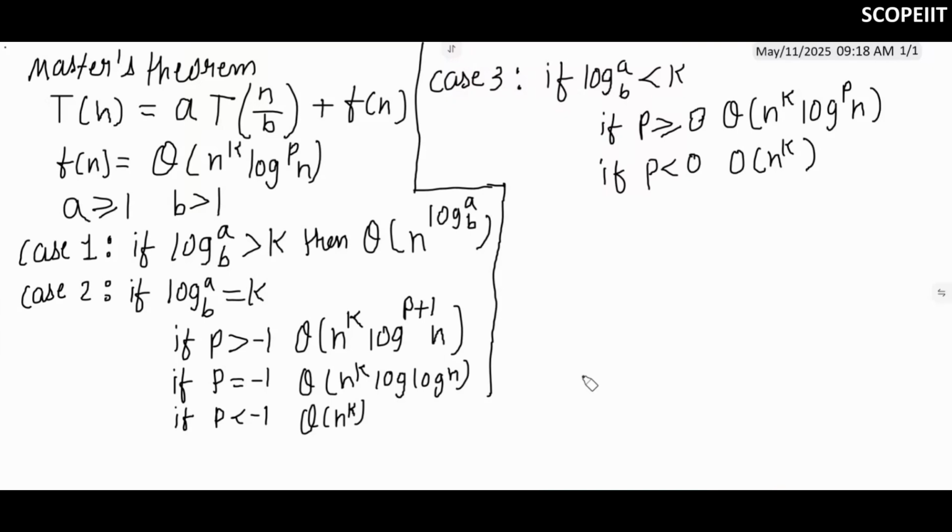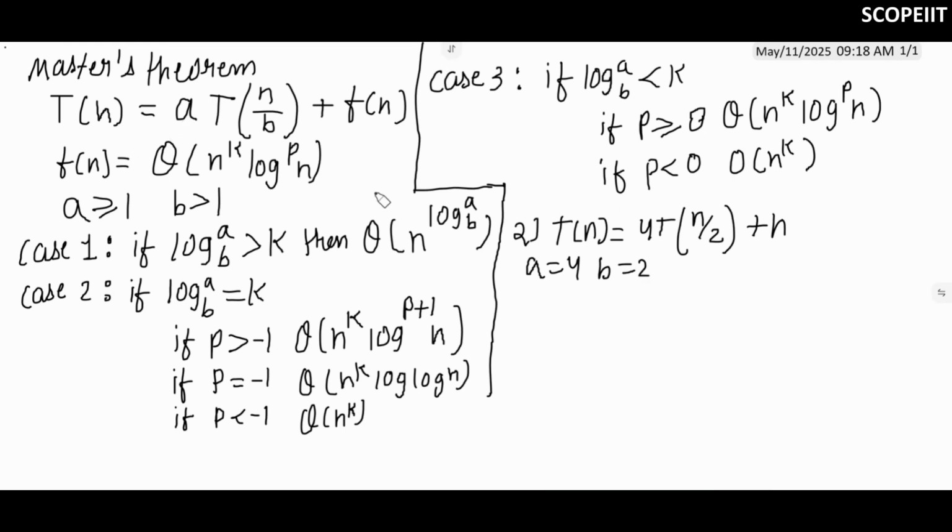Hello everyone. So now let us solve our second question. The second question we can solve like this. For example, my question is T of n equals 4T of n by 2 plus n. Now in this case, what will be my a? In this case, my a is 4 and my b is 2. Okay. How to solve it?